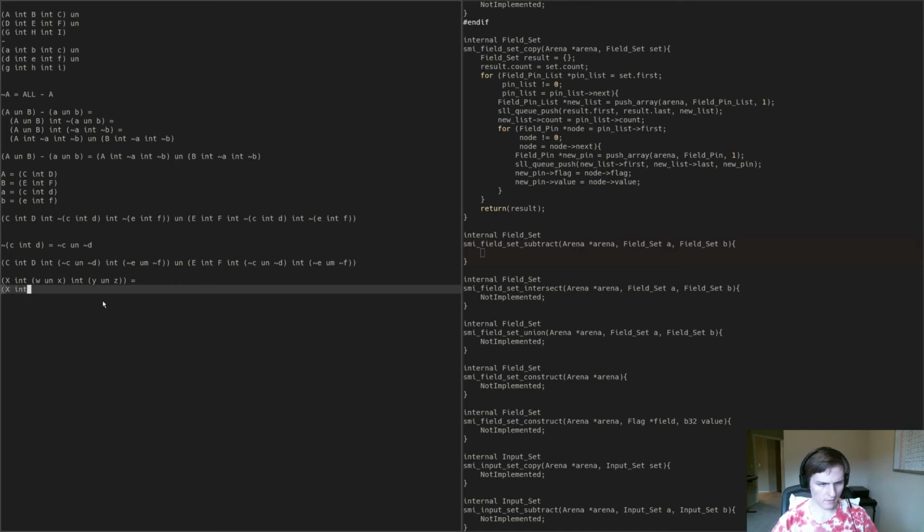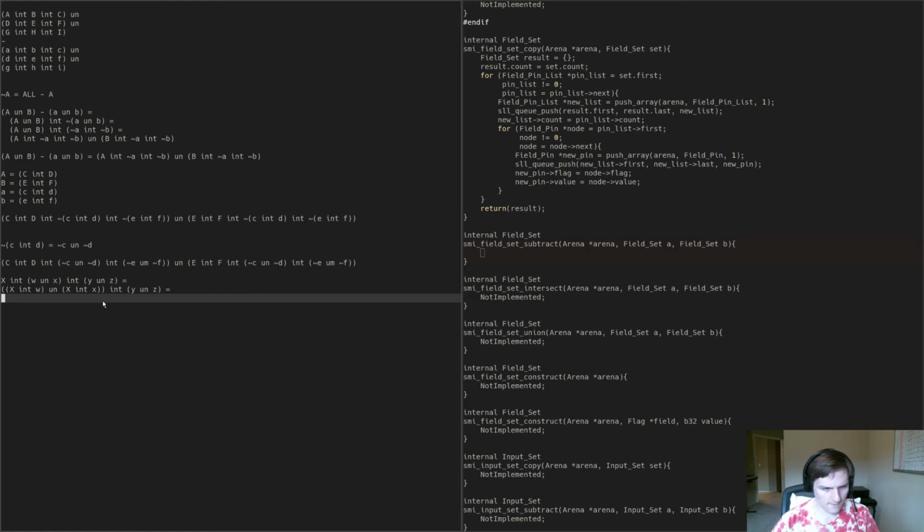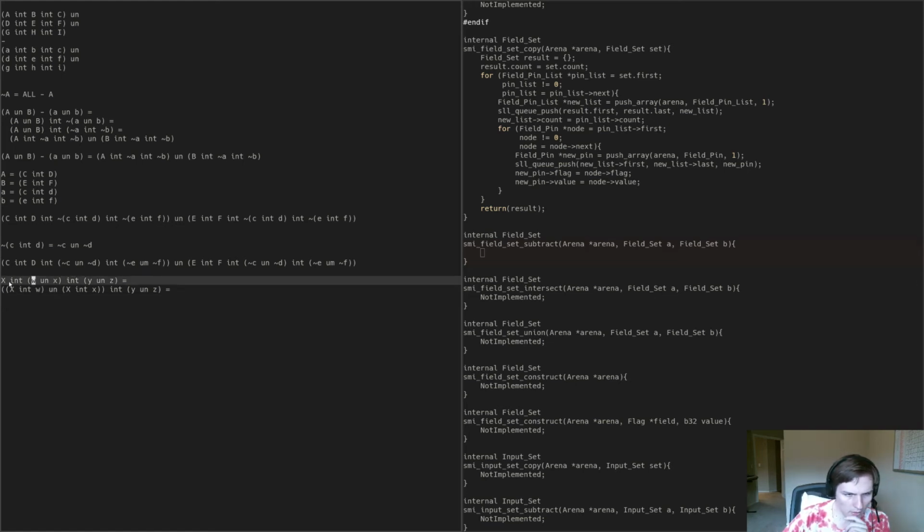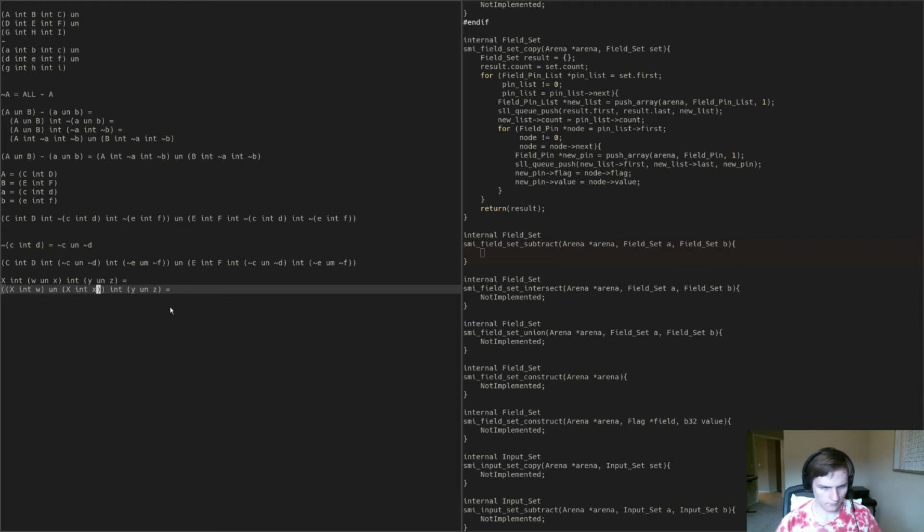That's x int w unioned with x int x intersected with y union z, right? X intersect W, X intersect X, X union that and that together. Okay, and again, we can distribute this over these, which leads to